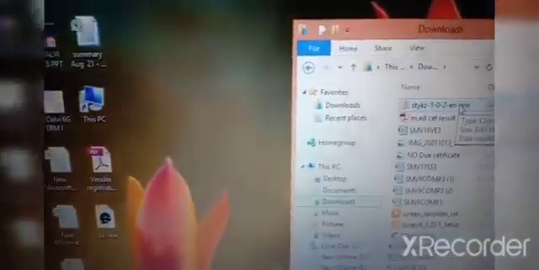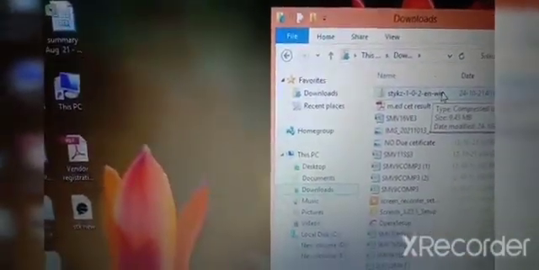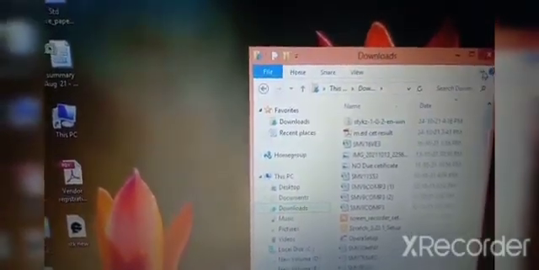From downloads you can see this file will come here. You open and run this, and complete the process, then you will get the app on your desktop or in your folder. Take your parents' help to download this application.